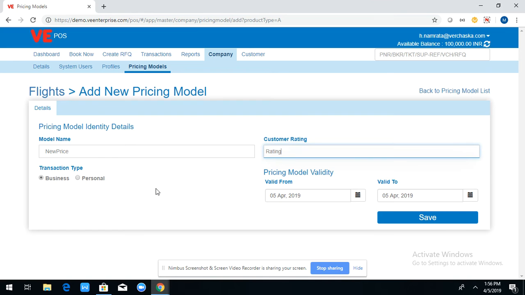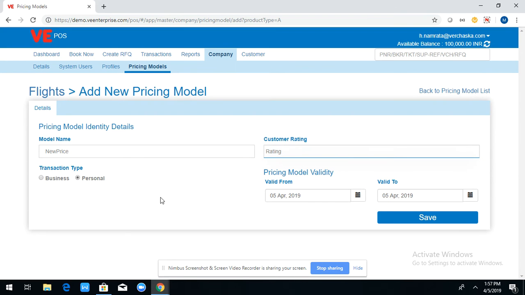Customer rating is nothing but the identifier for this particular pricing model. Whenever I'm creating a customer, I'll have to mention the customer rating, so the customer rating is the pricing model itself. I'll be mapping this particular pricing model. So this is the identifier, as I said.